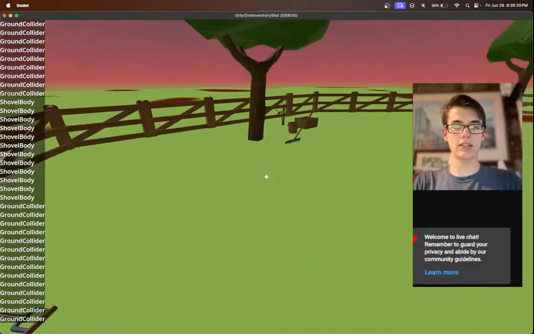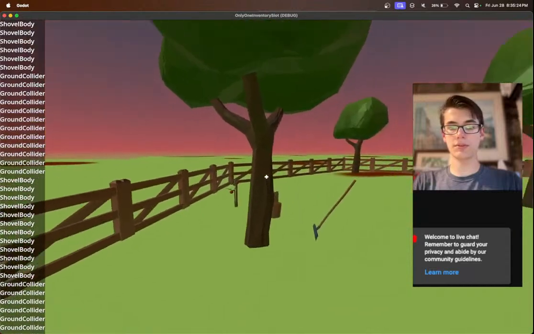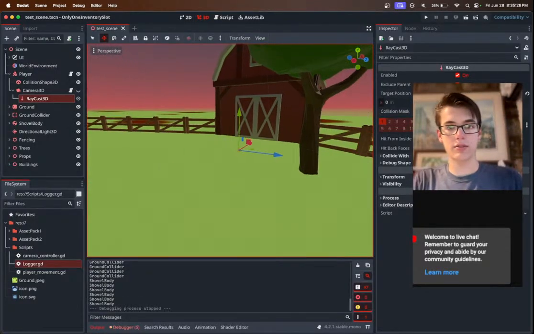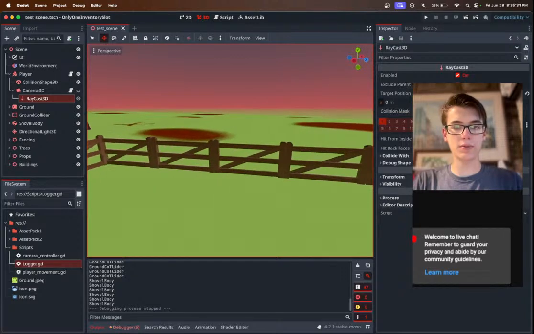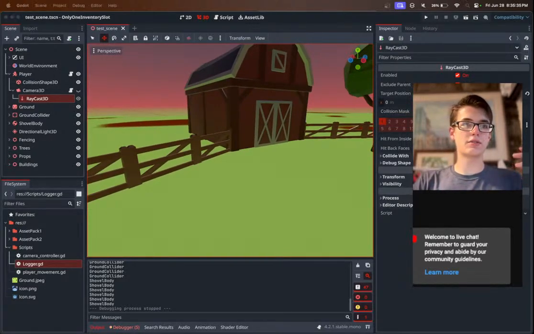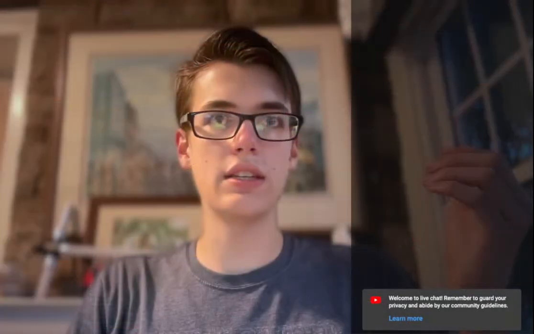So we definitely need to add the ability to do that, which we'll do soon. And actually probably right now. Yeah, sure. Why don't we go ahead and add colliders for all of these different things. We don't need the colliders so that we can interact with them, because we probably won't be interacting with the fence or this, but we need them so that we can't actually just walk out of the world, which is not ideal. So what we need to do is go ahead